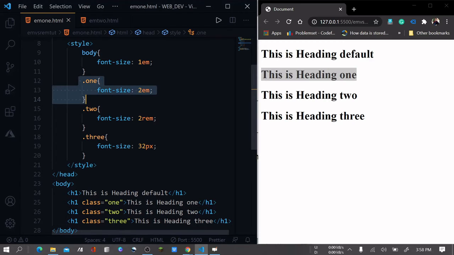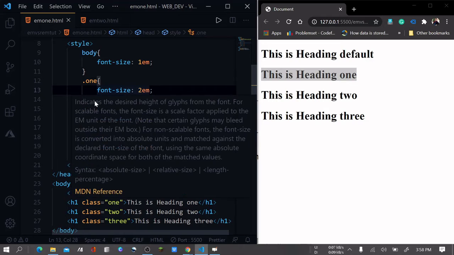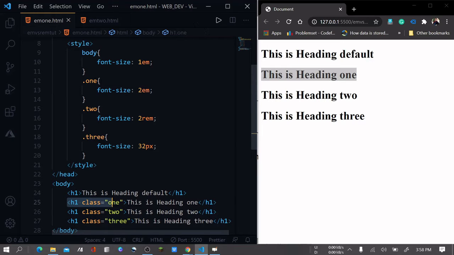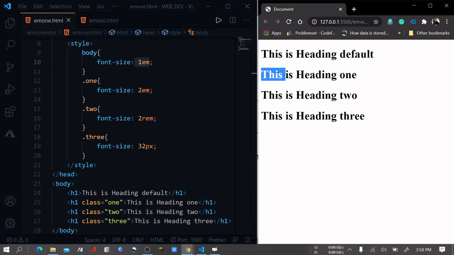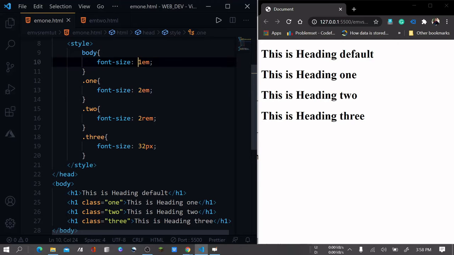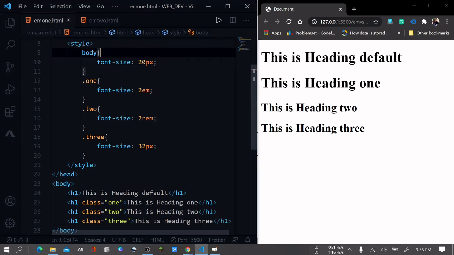And accordingly this heading, this one, sorry, is 2em, means twice the size of its parent. Since the parent of this heading is body, and body font size is 1em, this will also become twice the size of this. Now if I change the font size of the body to, let's say, 20 pixel, then you can look here.